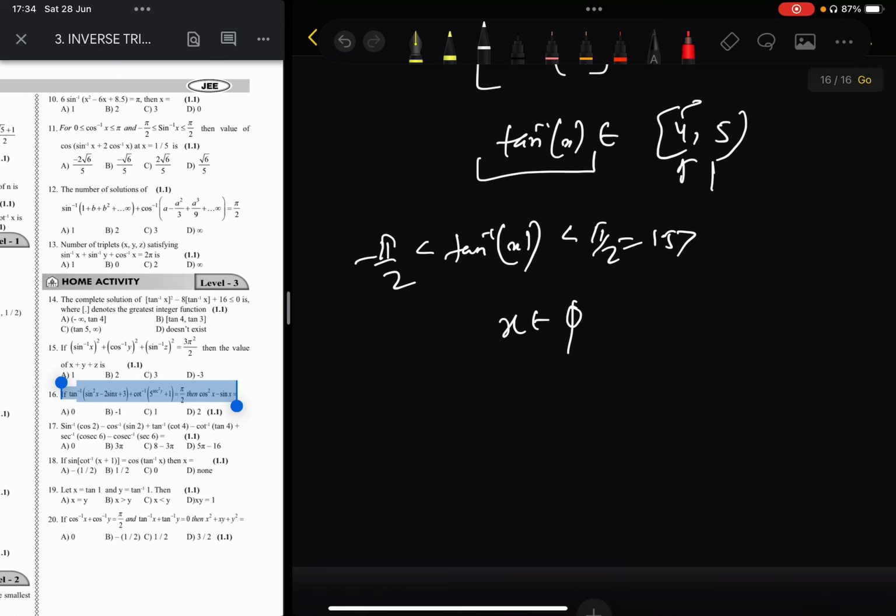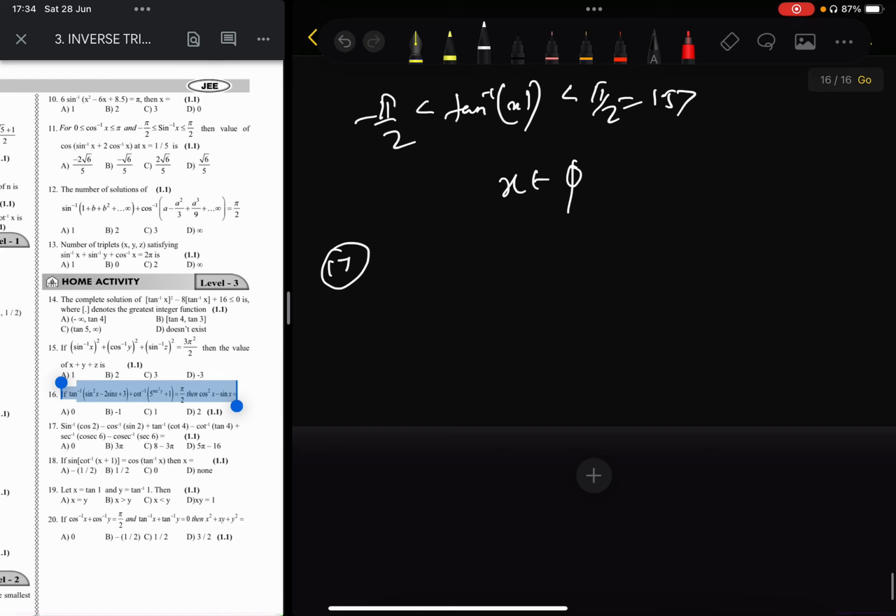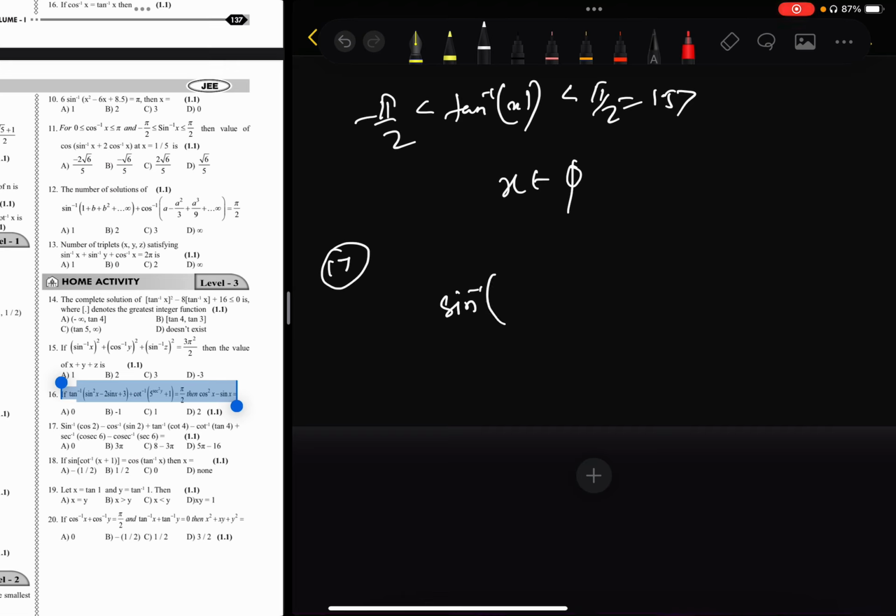Question number 17, very important question, right? We have discussed these types of questions in the class also. You can use the graph also, or you can solve without the graph. It's based on the 11th class portion, trigonometry. I am giving one example, solving it a little bit.